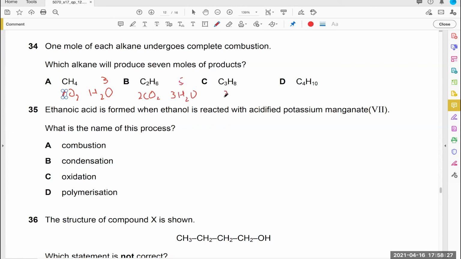3 carbon dioxide because 3 carbons and 4 water because 8 hydrogen, so this is 7, which is our answer. And this is going to produce 4 carbon dioxide and 5 water, so this is 9 as the answer. So you see there's a very neat pattern here, so the third one is producing the third odd number of